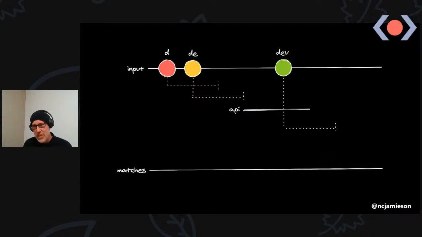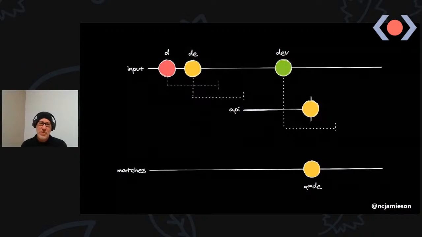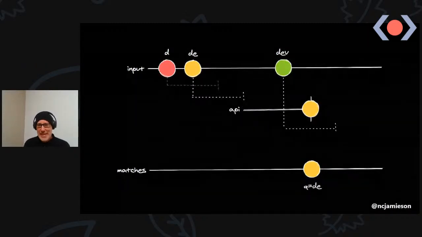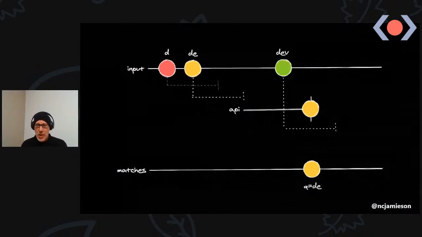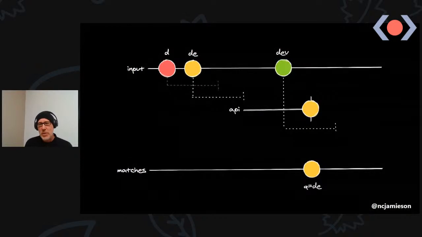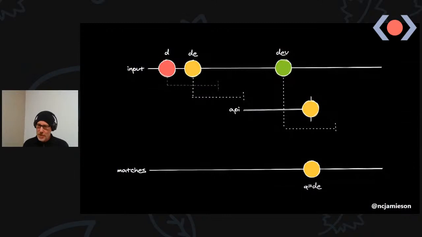finishes while that timer has not yet elapsed, we'll get a value from the API, and that value will come through to our matches. So we'll get the results for our search for DE, which was in the input buffer, showing up in a user interface, even though they've typed DEV. Now, when the timer for the debounce implementation for the dev key press elapses, we'll start off another API call, get the result, and then that result will be displayed in the user interface.